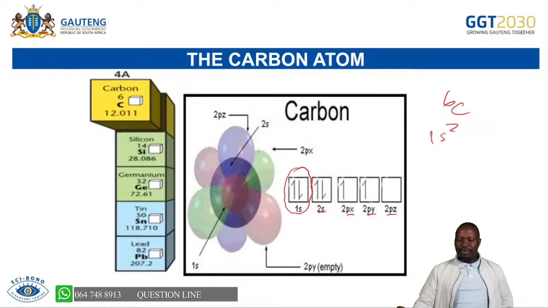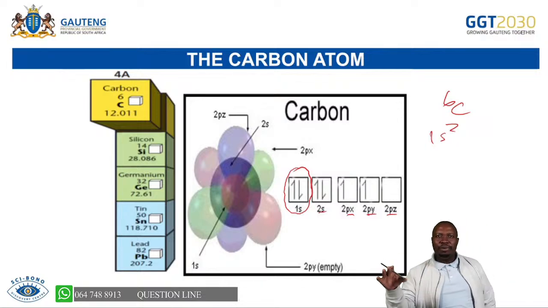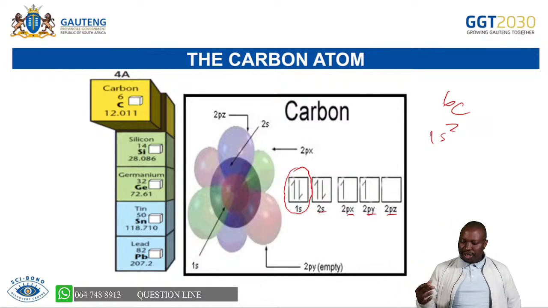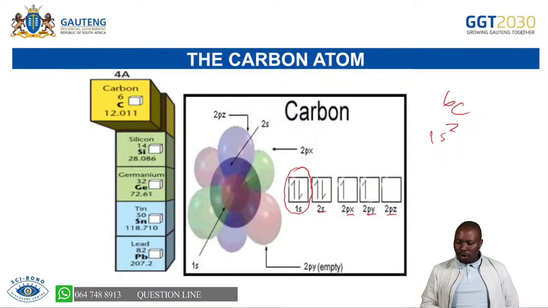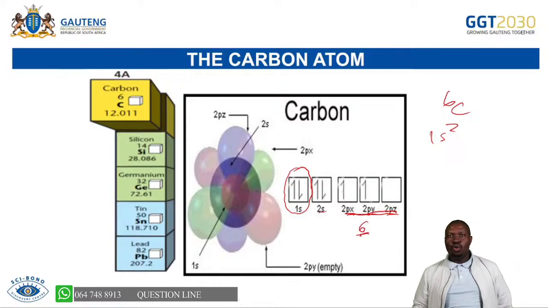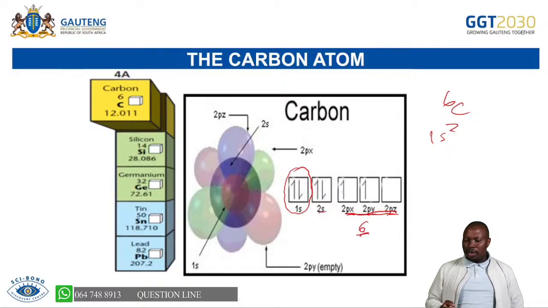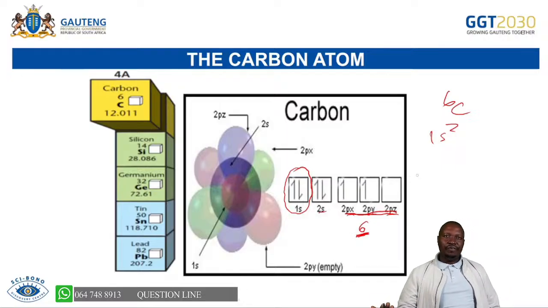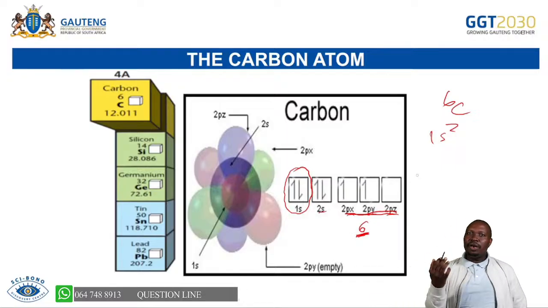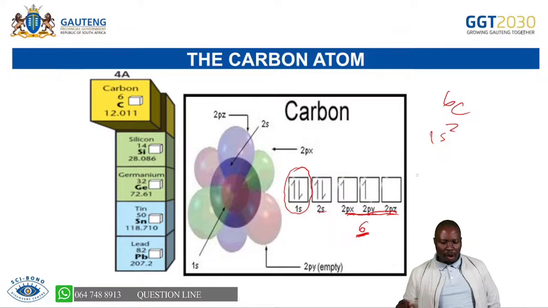It's important that you have understanding. Remember, the p orbitals are full when each of them has 2 electrons. Hence, out of 6, because there are 3, each must have 2. So we're expecting to have 6 here, but we only have 2 on the p orbitals, on the px and the py. You see there we have 1, 1. So we are going to need 4 other electrons so that this carbon can be fully filled. That is the reason why a carbon will always form 4 bonds around it.